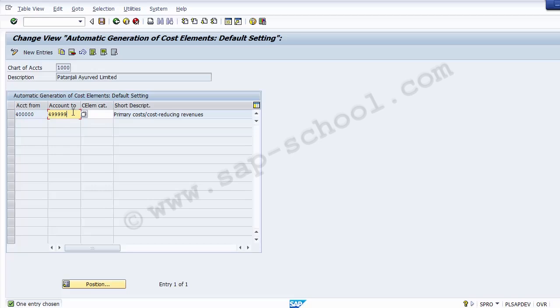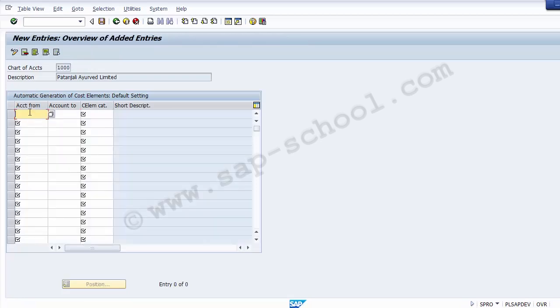The account ranges do not have to be in numeric order. The system will adjust them accordingly while executing it. So we need to take the from and to range. For example, if you go to new entries over here, we need to assign the from and to range in the system so as to create the cost element for those GL accounts. This account from and account to basically is the GL account number for which the cost element has to be created